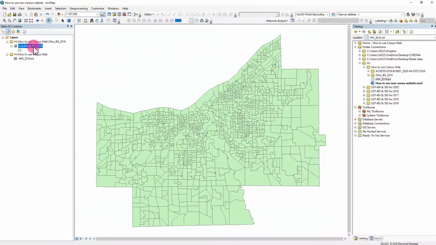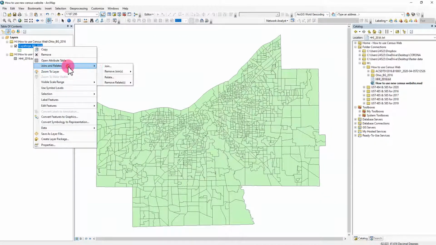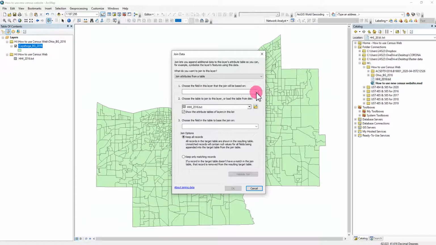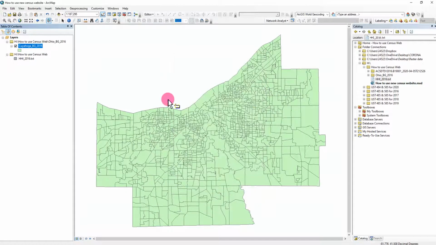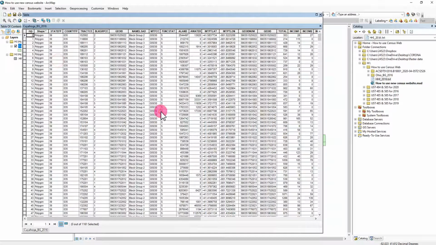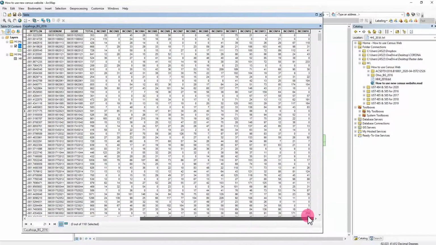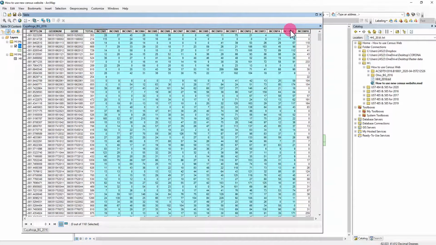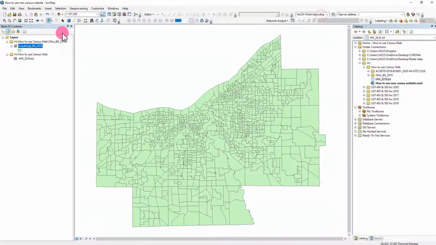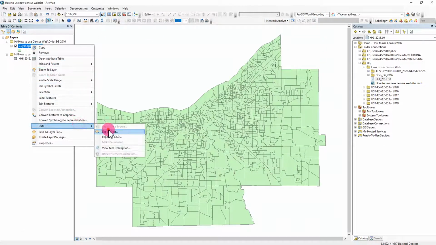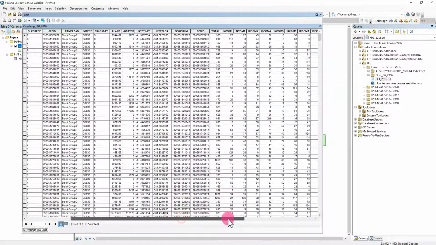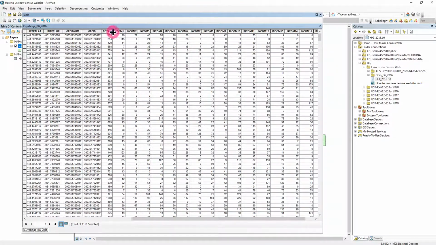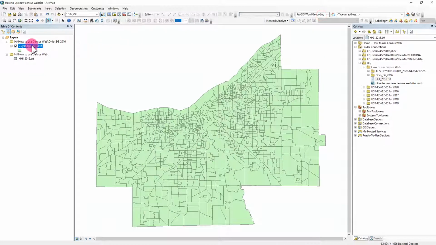So right click, join, and number Geo ID, click OK. So now we can see we got all the data here. Then you need to export this data, right? If you do not want to lose this data, you need to export it. So I'm going to export it,